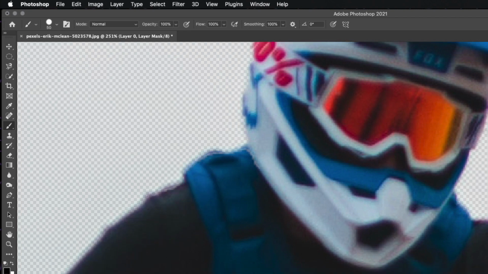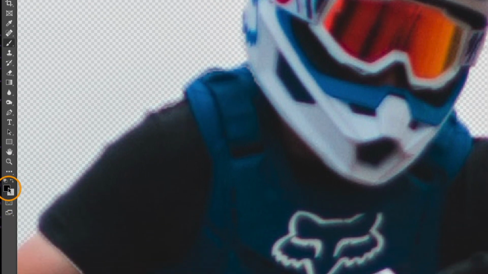Here, if we want something to add up in our mask, then what we'll do is select the background color to white. White will reveal. For changing this color, you can either press this one, or for keyboard shortcut you press X, like that. Then paint. And if you see, it is showing up. Adjust the brush size for the edges